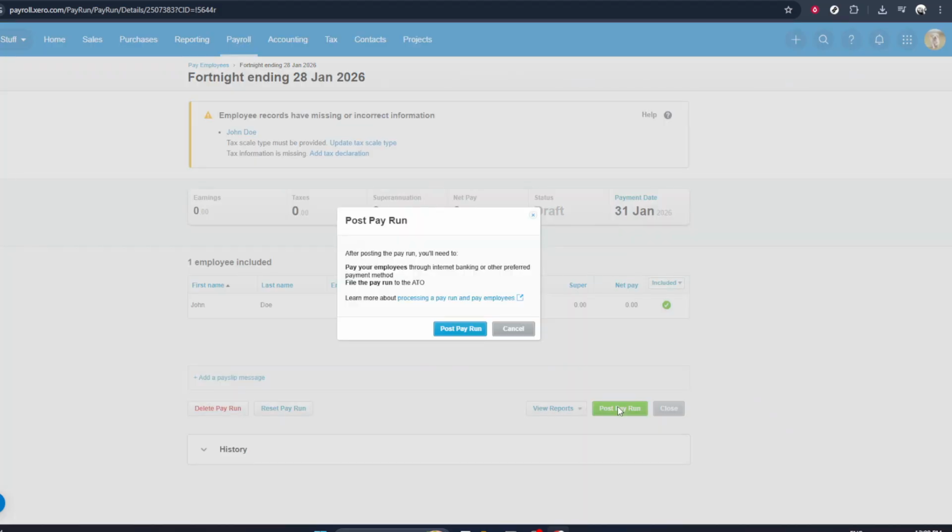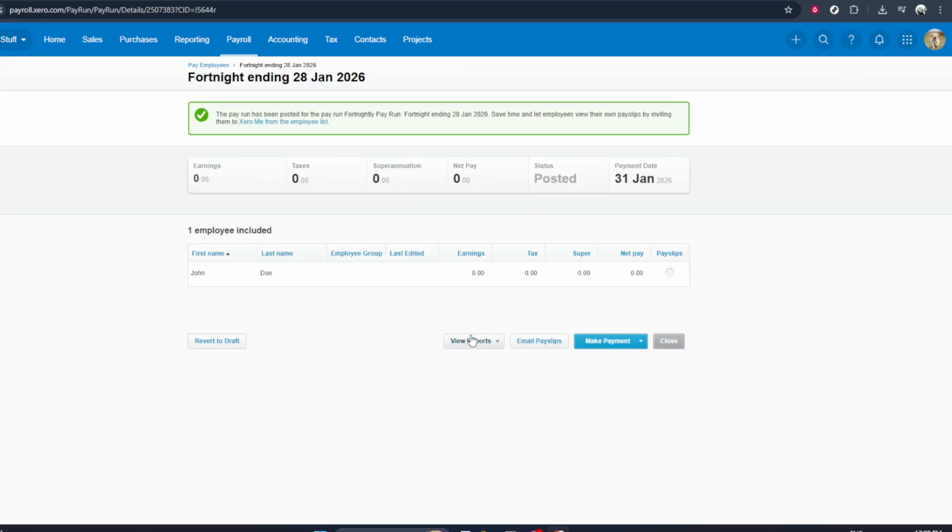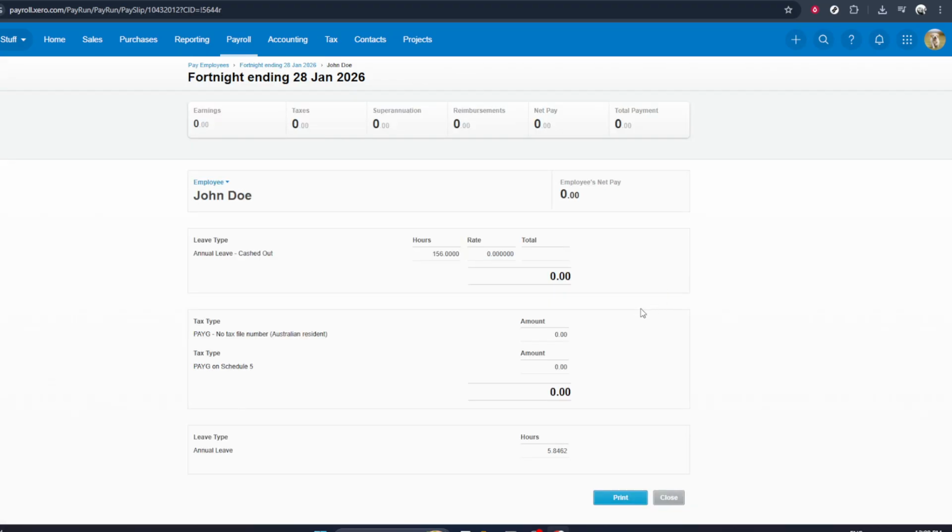Once you're confident the information is accurate, look for the option that says Post Pay Run and click on it. Posting the pay run finalizes it, updates your payroll records, and prepares it for payment and reporting. Before you post, it's a good idea to quickly review totals one last time, because after posting, any corrections will require adjustments or another pay run. And that's it. You've successfully